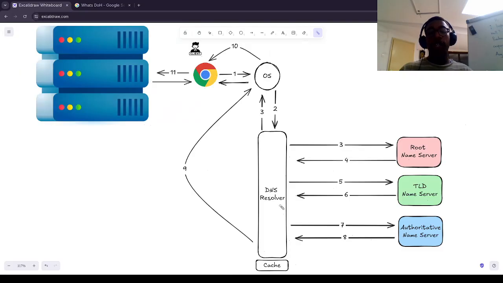Once the resolver gets that information, the resolver is smart enough to cache it, and then sends the IP address and every other piece of information needed to the operating system. The operating system sends it to Google Chrome, and then a TCP/IP connection is established, and the client gets the